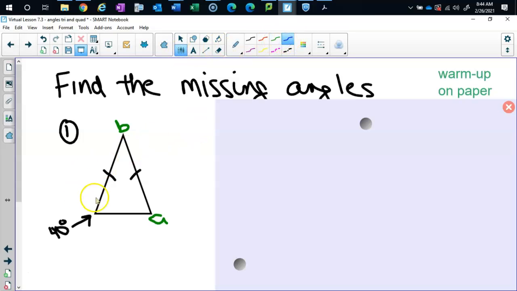All right, what you should have done. This side is congruent and this side is congruent. So these two angles are congruent. Angle A is 40 degrees. Okay, so you should have said 40 for angle A. We need to find angle B. Well, what's our equation going to be? B plus 40